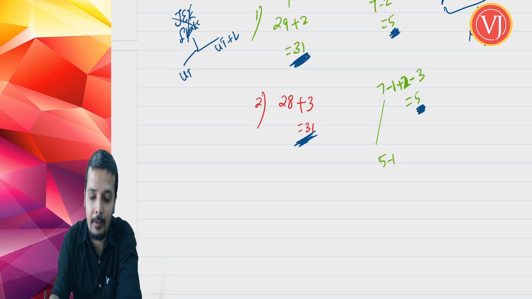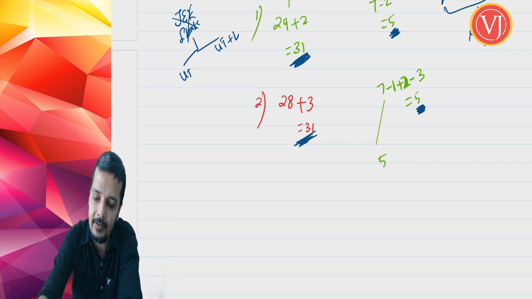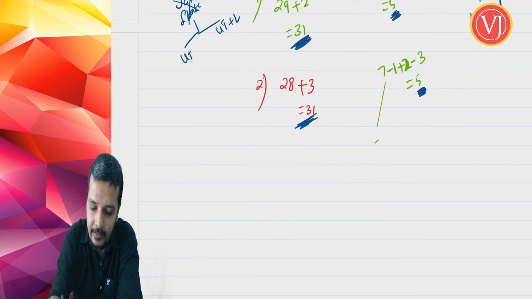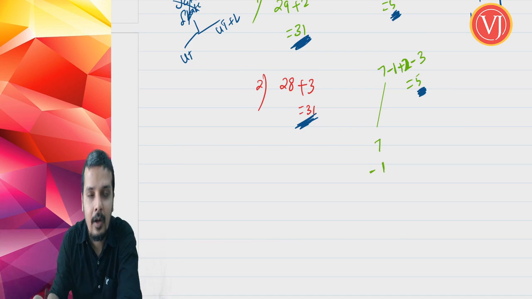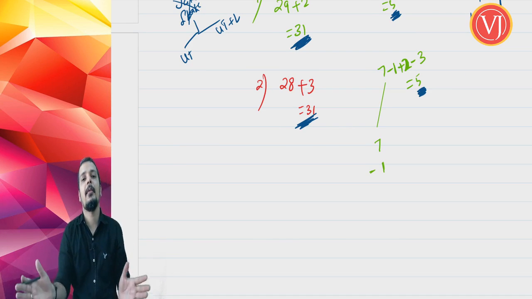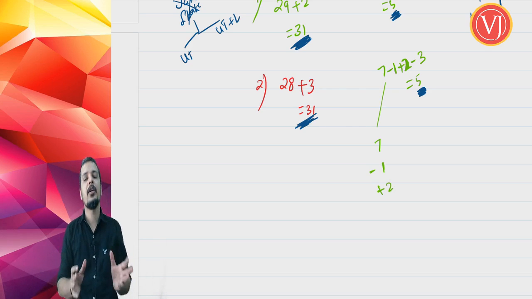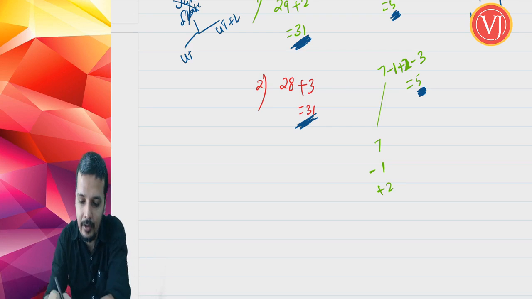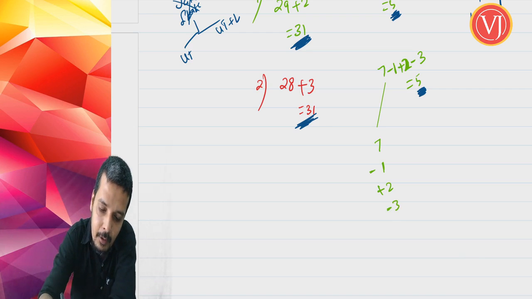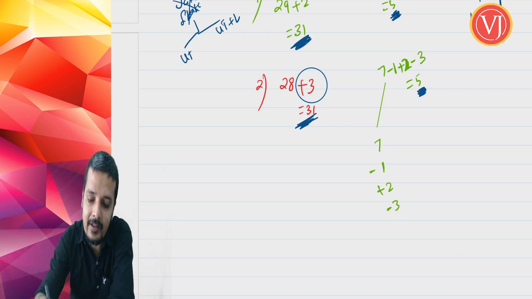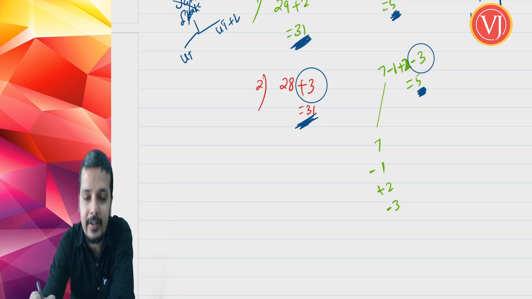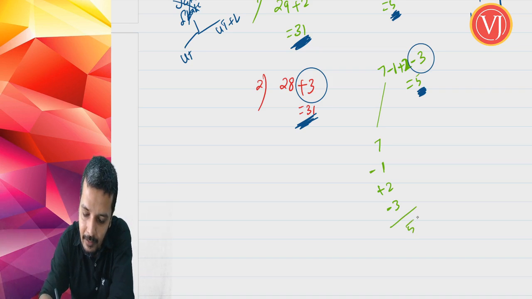Right. Why am I talking about 5? I am not counting Delhi and Puducherry. Okay, let us start with counting even Delhi and Puducherry. Before these amendments, there were totally 7 union territories. Right. Minus 1. Why? Dadar and Nagar Haveli and Daman and Diu have become 1. So you have to reduce 1. Plus 2. Why? Now Jammu and Kashmir state is no more a state. It has become 2 union territories, one with legislature and one without legislature. Minus 3. Why? Whenever you are talking about this minus 3, you have to understand that these are the 3 union territories. There are totally 3 union territories with legislature. So finally the end result will be the same, 5.